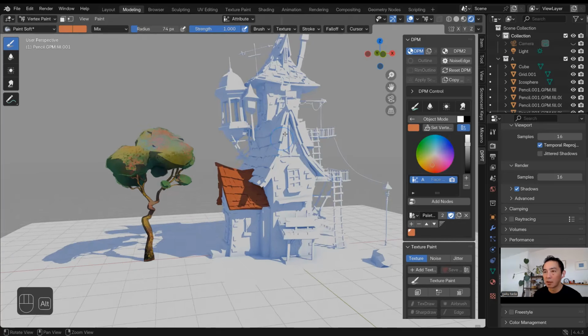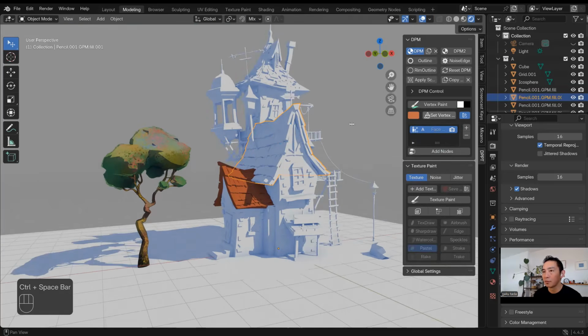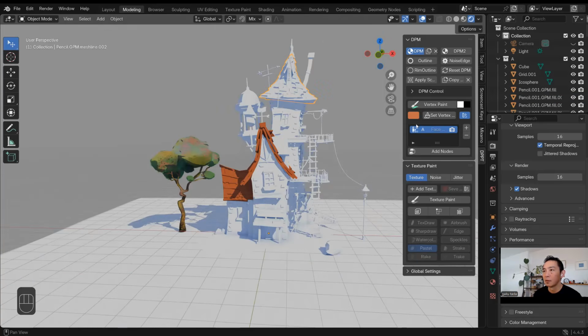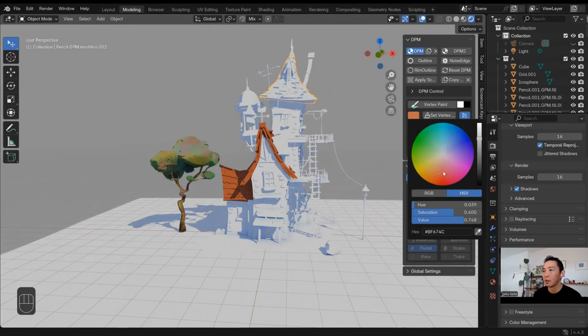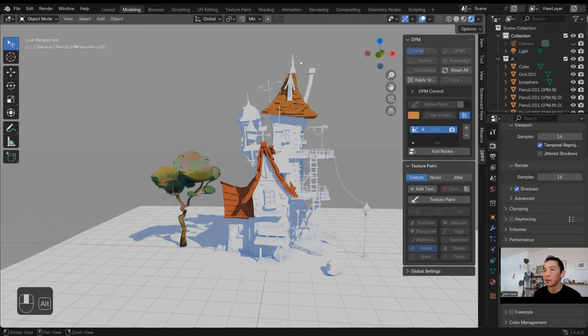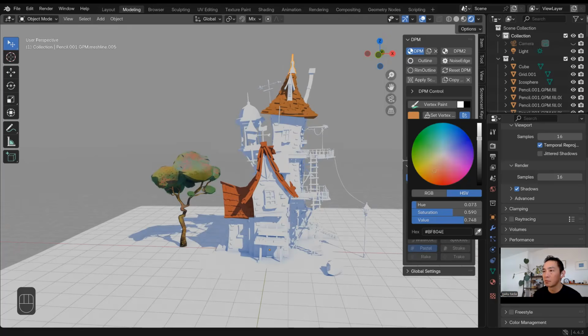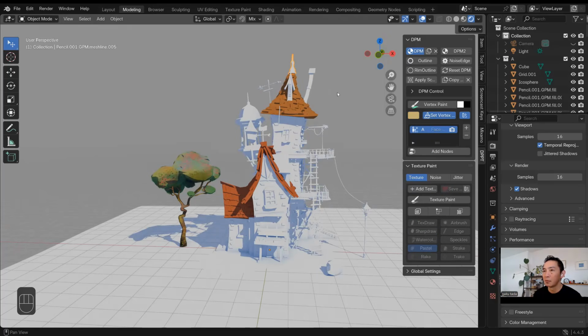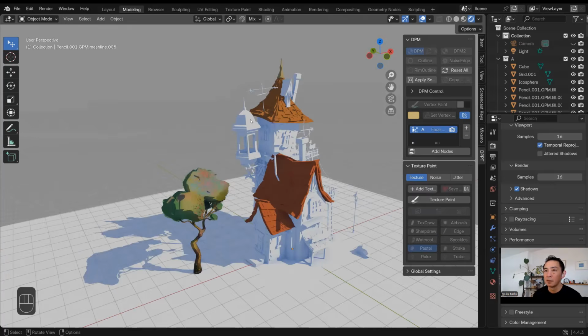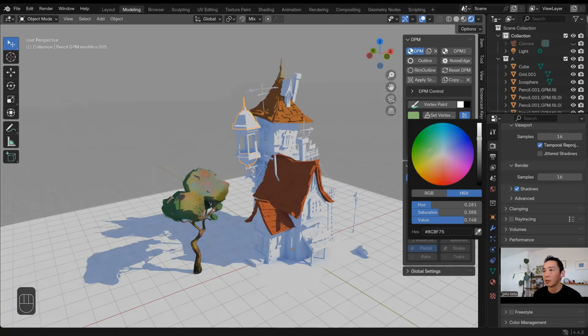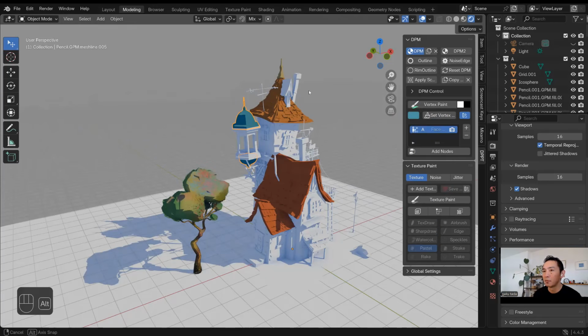I'll just apply one color, and maybe a little bit different color to the roof. So it's going to be a blocking color to begin with, right? It's a bit too simple at the moment, but we can make it more interesting later.